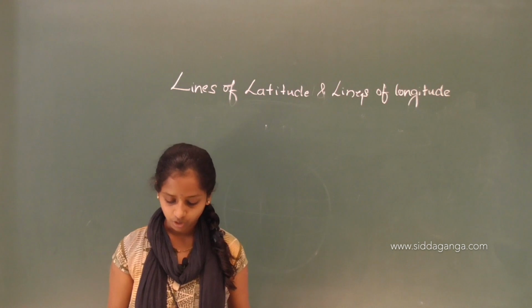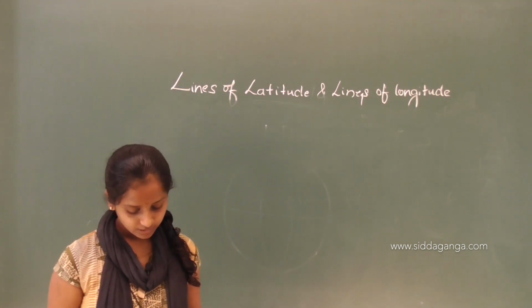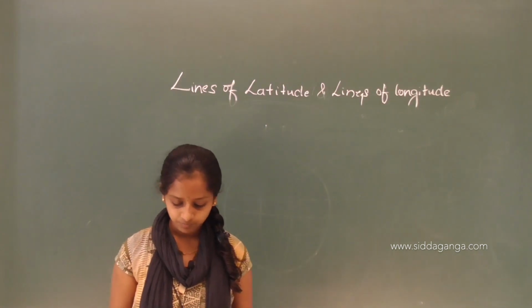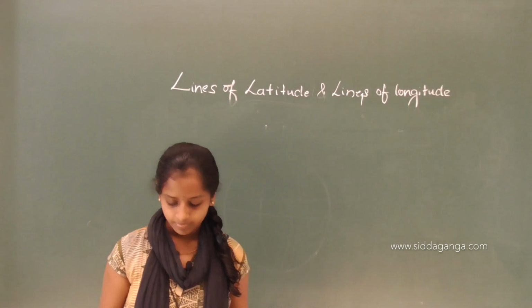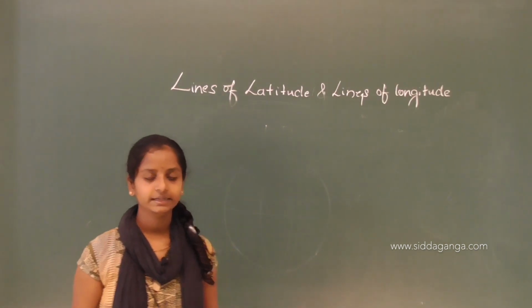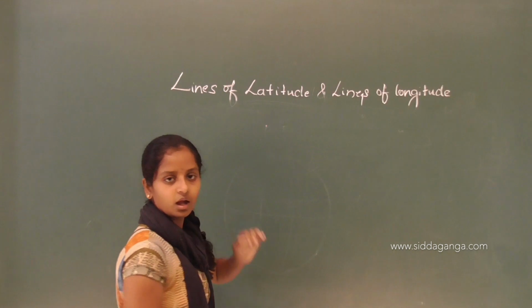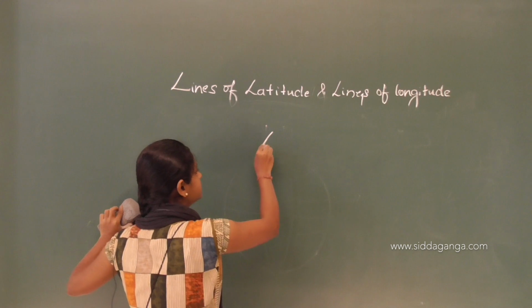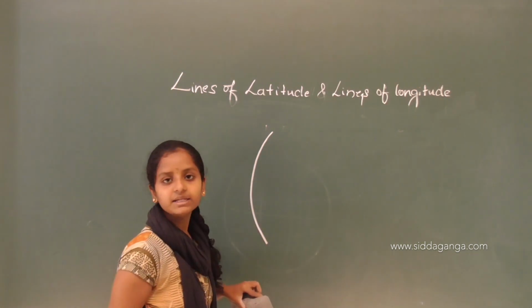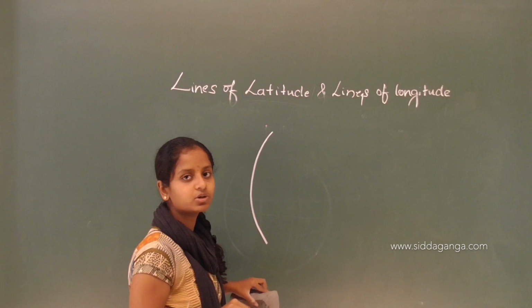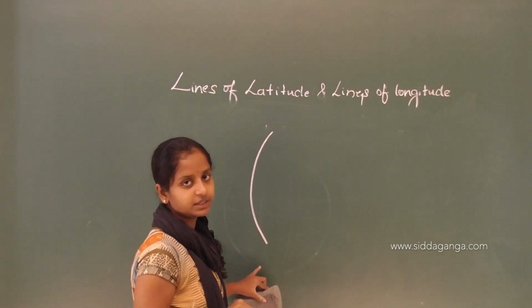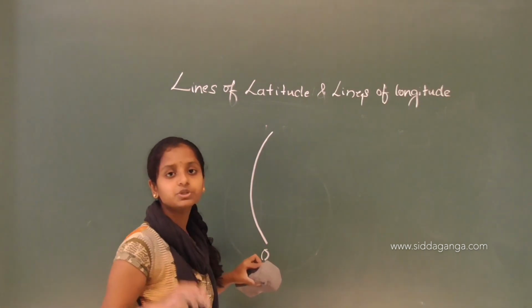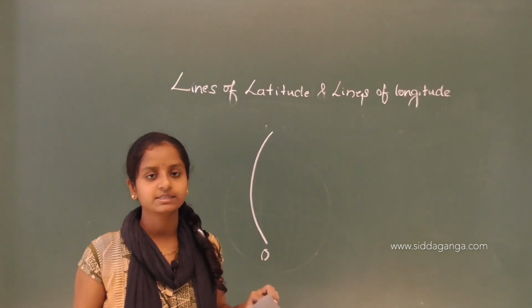The moment you cross to the east of it, you gain or add a day, and if you cross to the west of it, you lose or subtract a day. See here, how can you decide the time? This is the main meridian, or prime meridian, or Greenwich meridian. Depending upon this, and also depending upon the 180-degree meridian, we can decide the time.